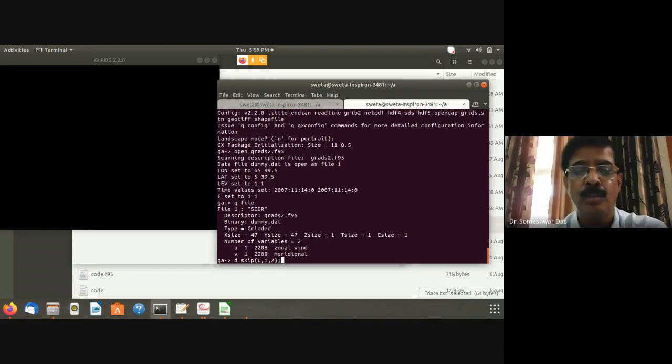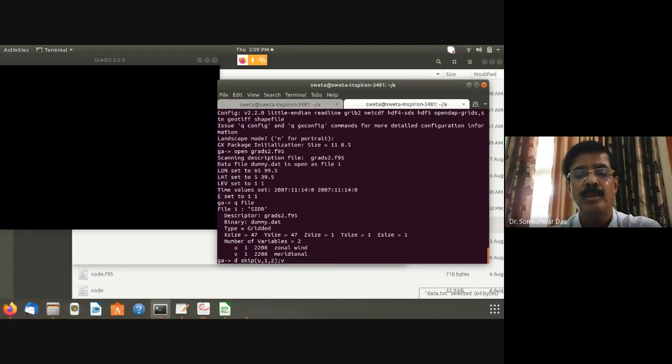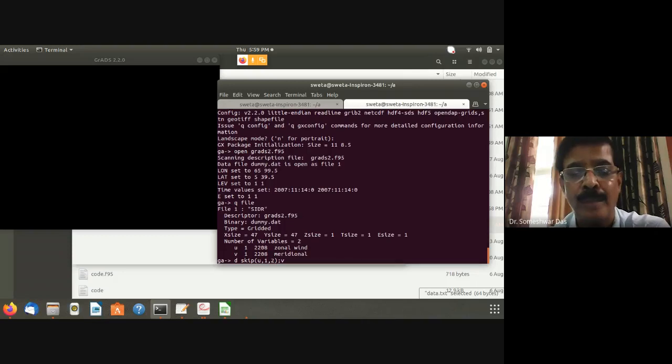Why are you skipping 2 points? Sir, because the wind vectors are too close to each other, it's becoming cluttered. So do the same in both, no. Do 2 by 2, y1 y2. So, sir, you don't want me to skip the value? No, either 2 by 2 or 1 by 1. So you skip 1 point or 2 points.